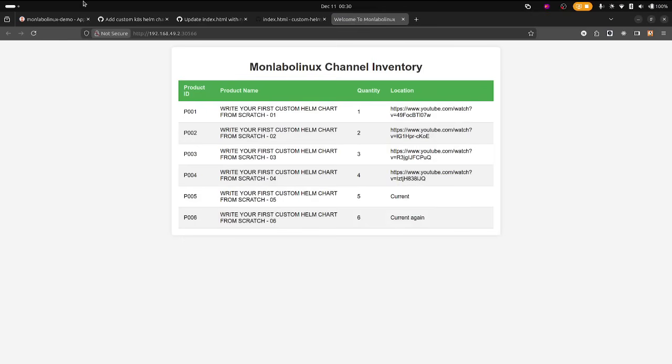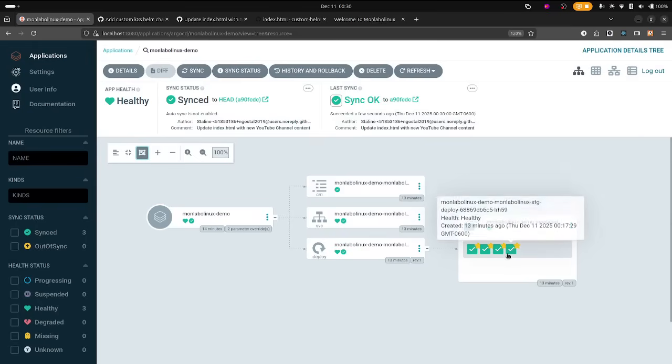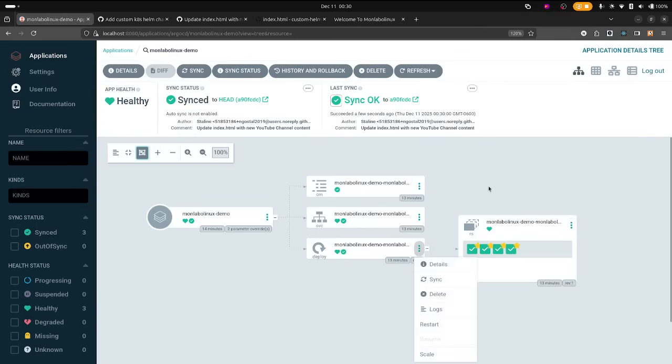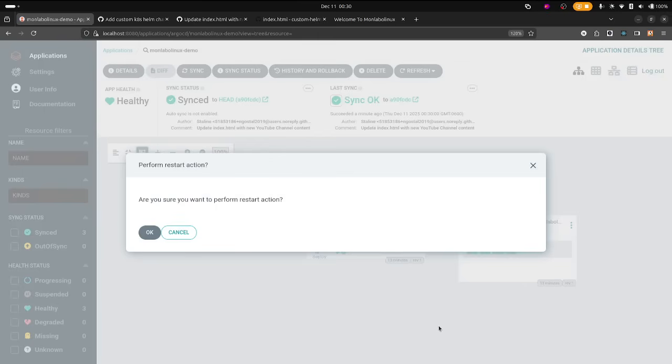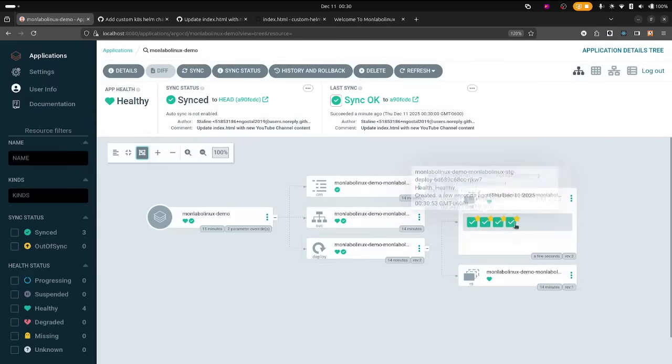Okay, so the pods are not updated, which means that we need a new deployment, and this is something that we can either restart or maybe do with something called canary deployment. Okay, so I'm going to click restart,